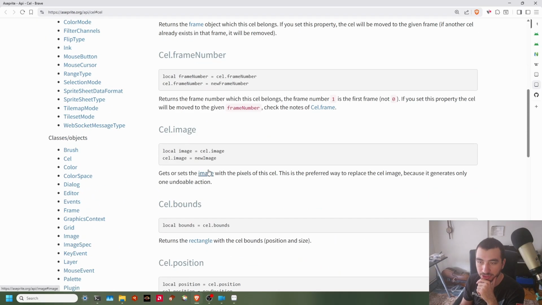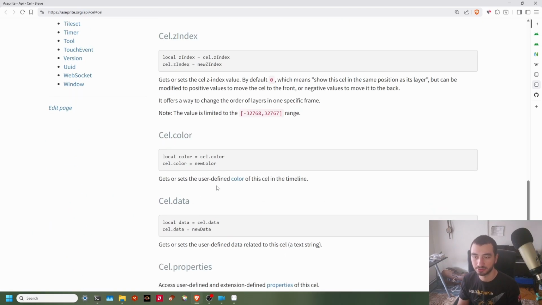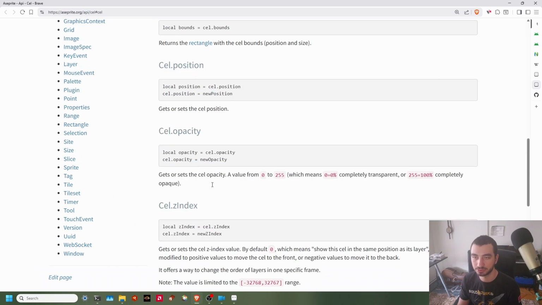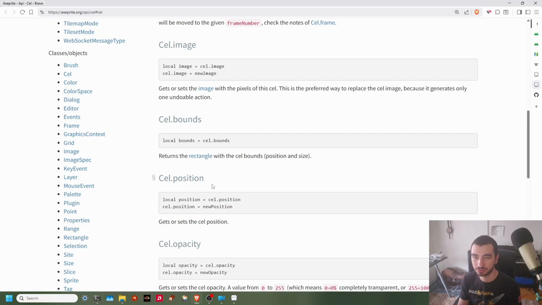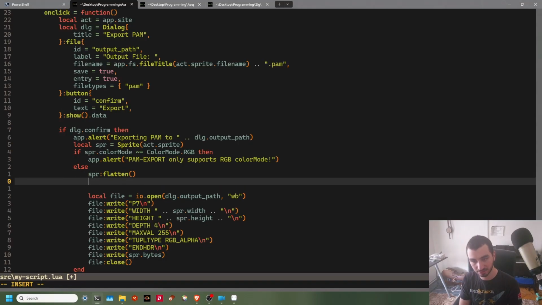Cell is an image and it should have the image itself. Yeah, it does. Okay. And yeah, that's what we want. Then when we are flattening it, then we're going to get the cell image, and that's going to be a sprite,